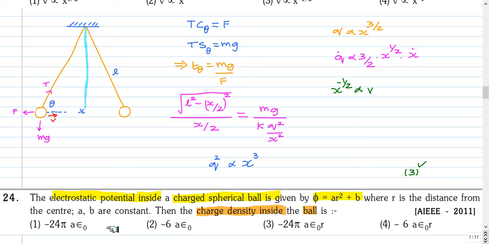So here the electrostatic potential is a function of only r. So the problem has spherical symmetry, and we can use Gauss's law to solve this problem. We can also use the result that for a spherical shell of charge, the electric field inside is 0 and outside is that of a point charge located at the center. We can pause and attempt this question.